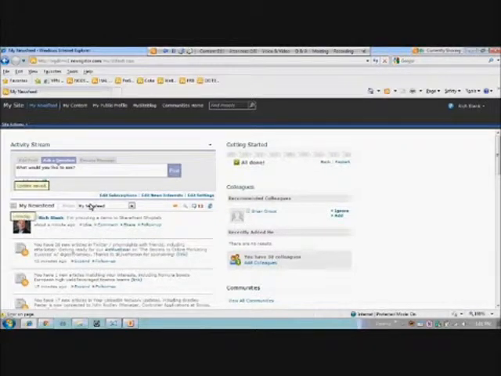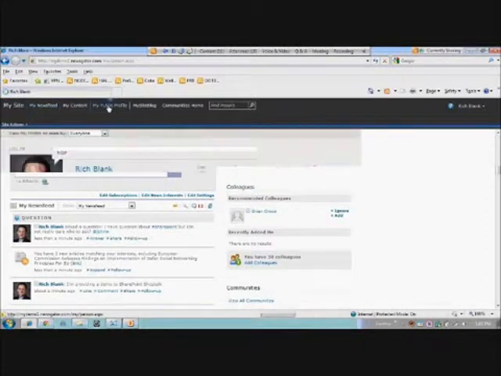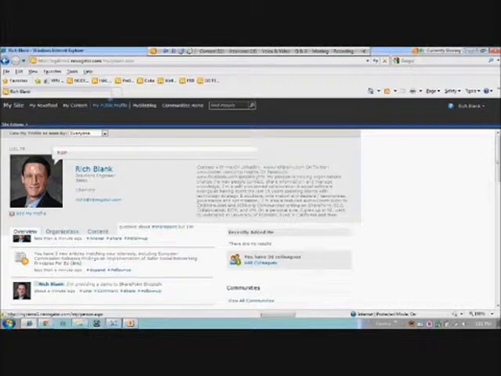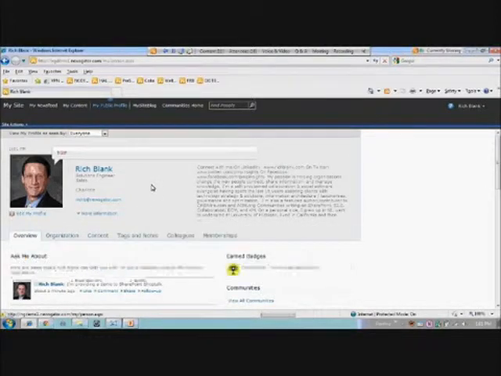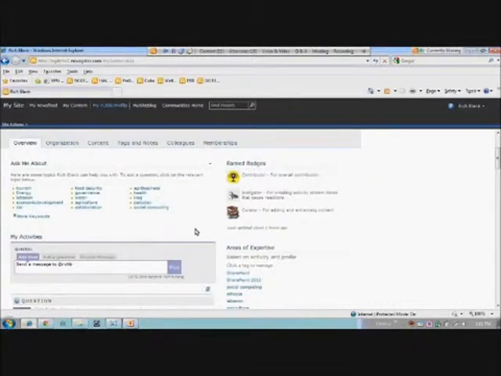But what this does, when I go ahead and post that question, is that the individuals who on their public profile have tagged themselves with an Ask Me About of SharePoint as a term are automatically going to get sent the question. So if I look at my public profile, for example, this is a pretty standard SharePoint profile, although we do include our own web parts in here. You can see our badging web parts, and we embed our activity stream in here.